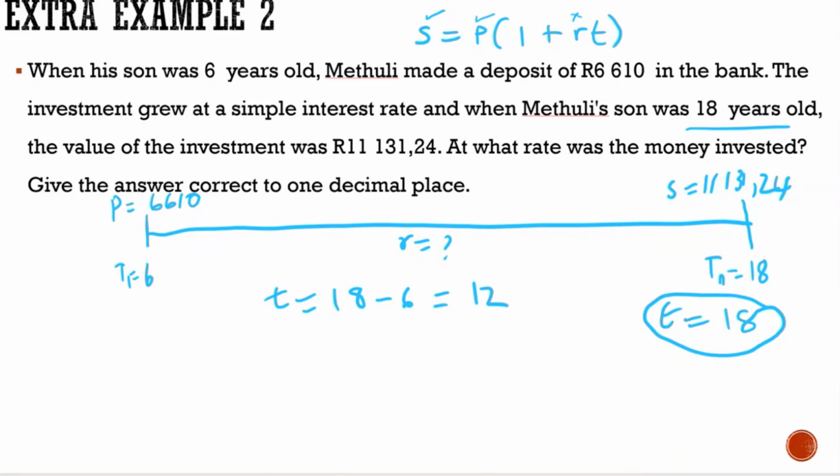All right. So now once you've got all of the variables, you're going to have your S is equal to P into 1 plus RT. So you've got your story first in the timeline. The timeline helps you to see what is going on. So your S there, it is